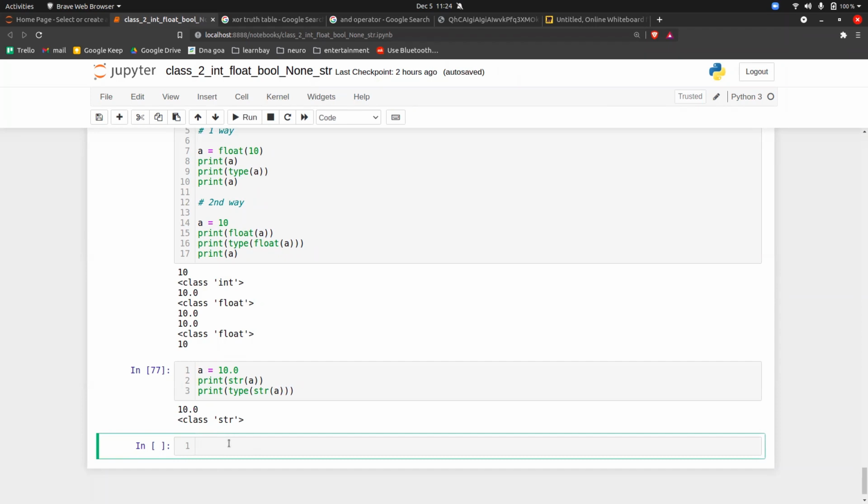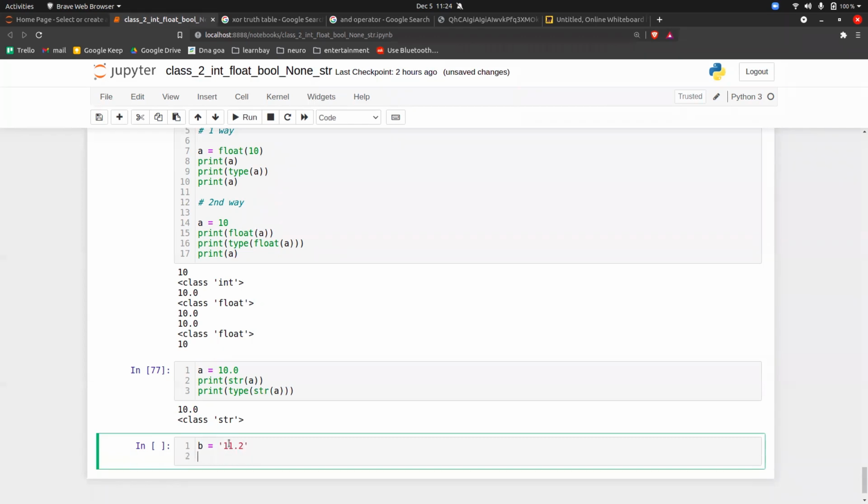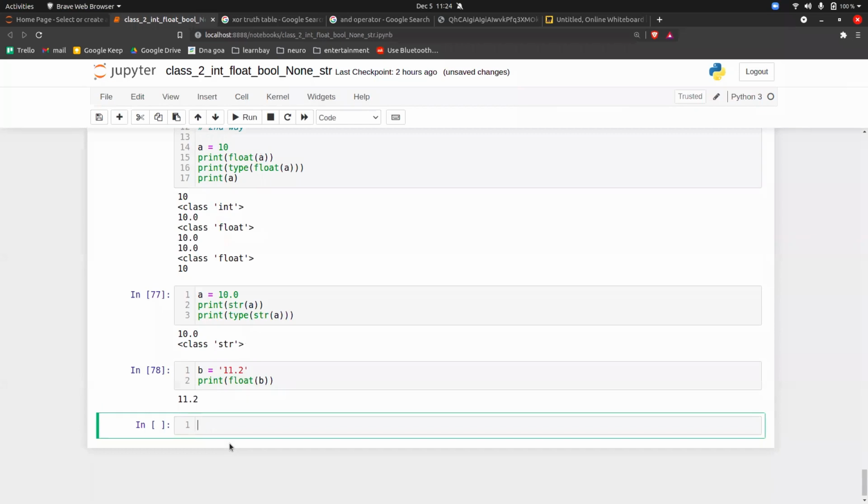And the thing that you have to note is that b is equal to, let's say, 11.2. And if you want to convert this into float, what you can do is float of B, and this will be converted to 11.2 float. Okay. But